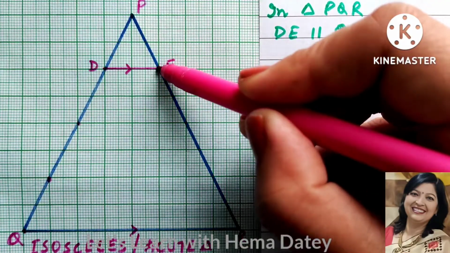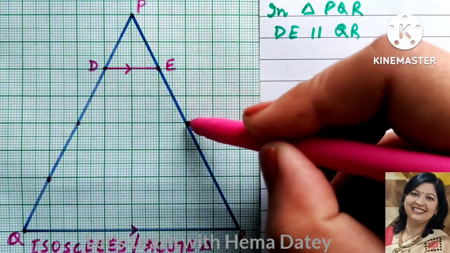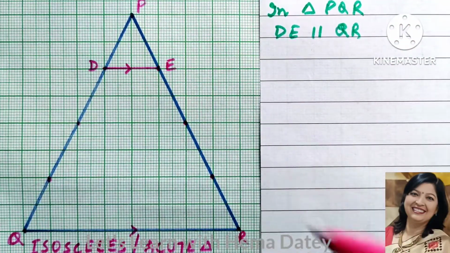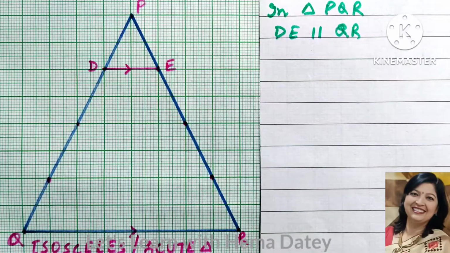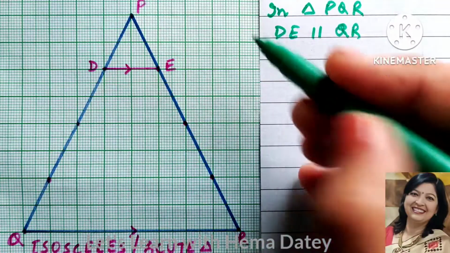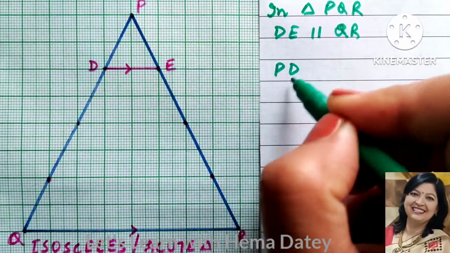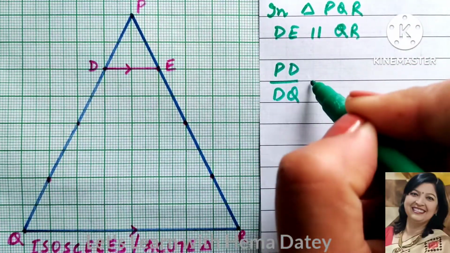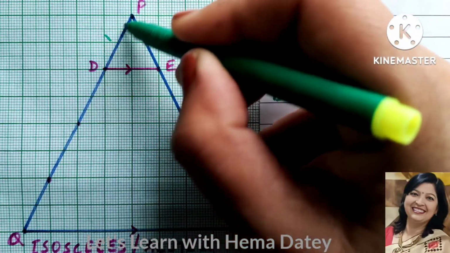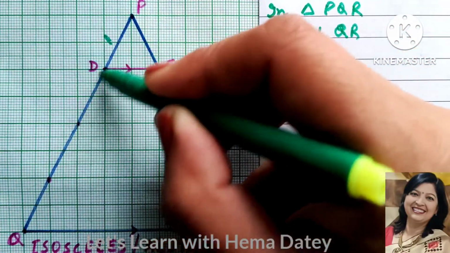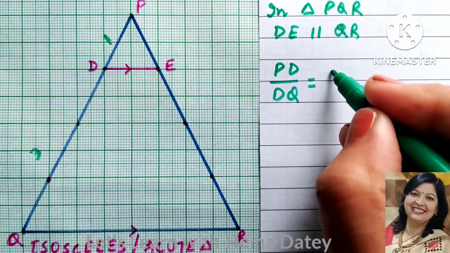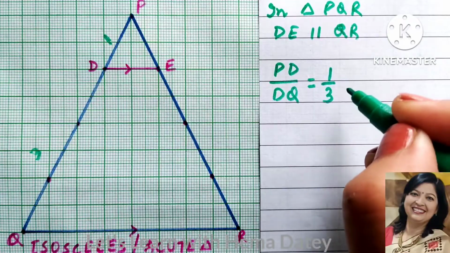Similarly, we can see points which are dividing the line PR into 4 equal parts. The ratio of PD and DQ is equal to, this is 1 part, this is also total 3 parts. 1 by 3